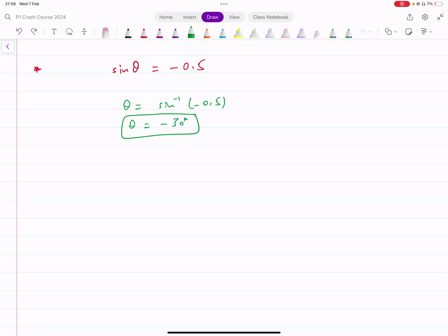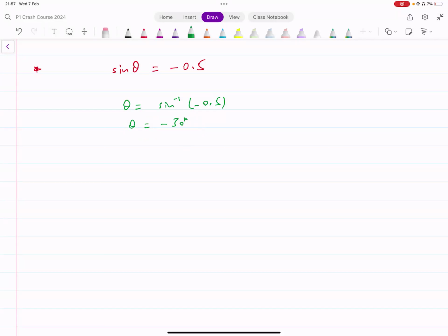However, there are many other possible solutions as well, which you can miss out on if you just do this, because your calculator can only give you a single result. So if I do this on my calculator, I just did sine inverse of minus 0.5, and that gave me minus 30 as the result. That was the only answer that my calculator gave. But